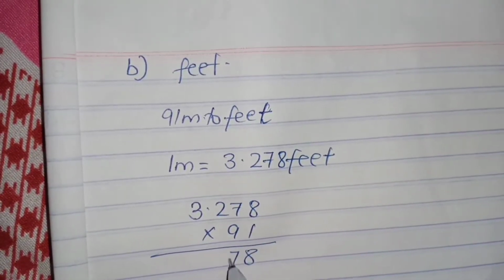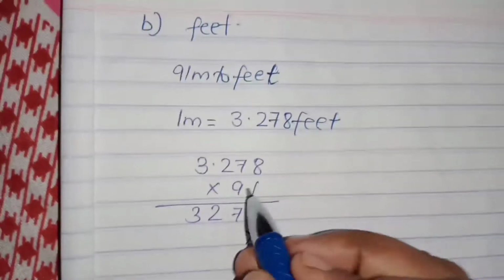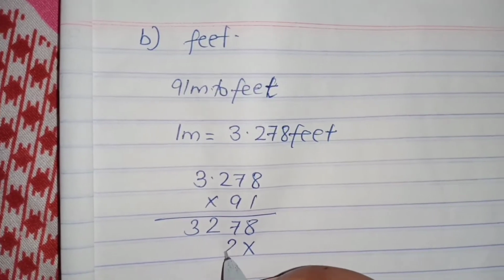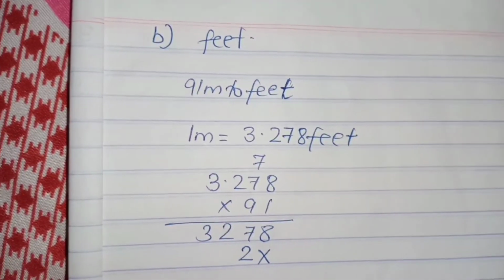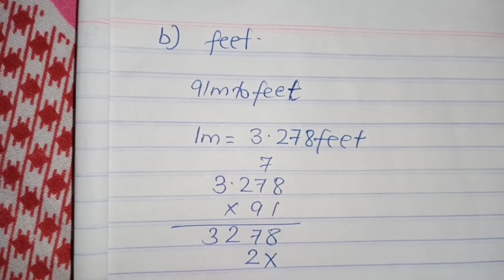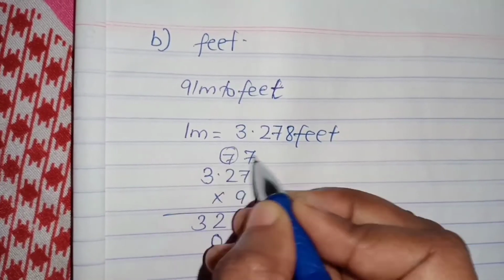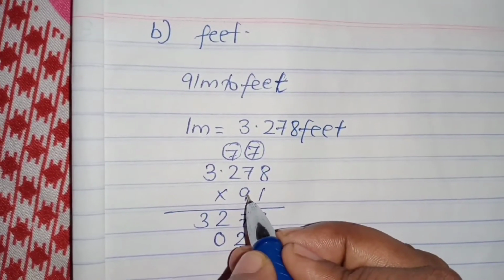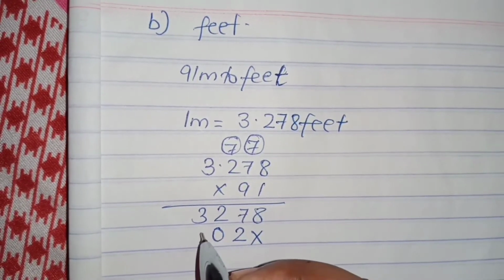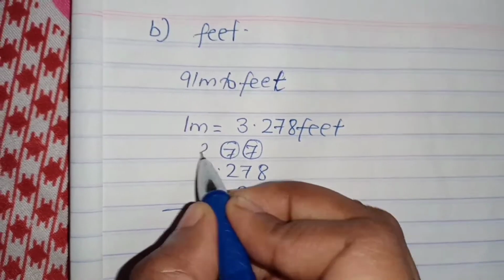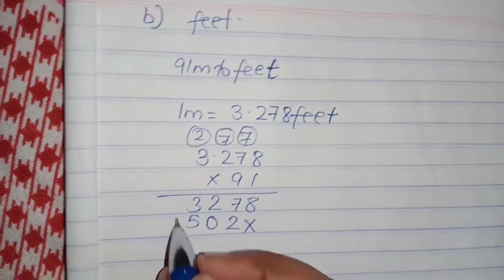1 8 ja 8, 1 7 ja 7, 1 2 ja 2, 1 3 ja 3. Put the multiplication. 9 8s are 72. 2 we will write here, 7 I will give carry. 9 7s are 63. 63 plus 7 is how much? 70. So here it will be 0, 7 I will give carry. These are the carries. 9 2s are 18, and 18 plus 7 is how much? 25. So 5 will be here, 2 I will give carry. 9 3s are 27. 27 plus 2 is how much?